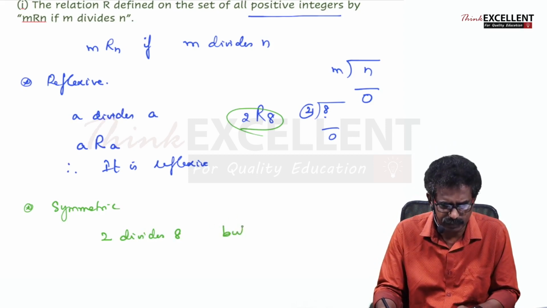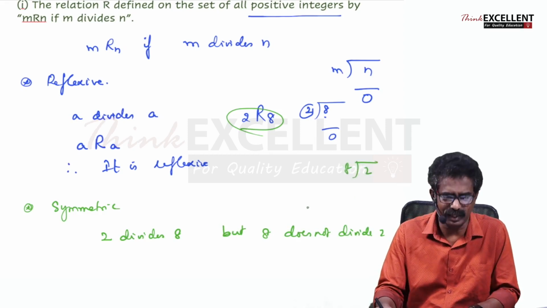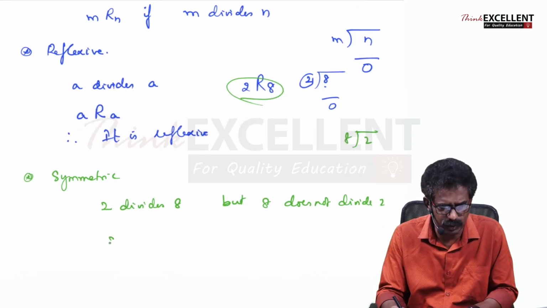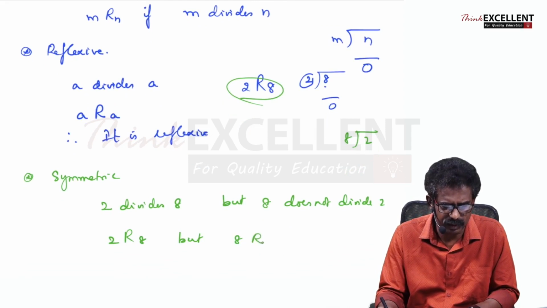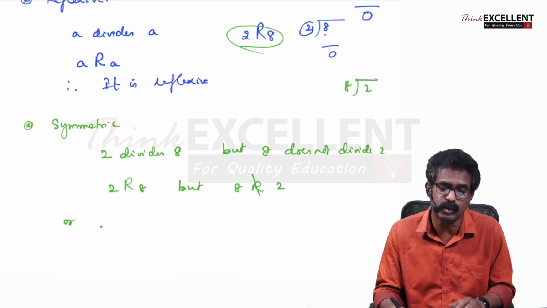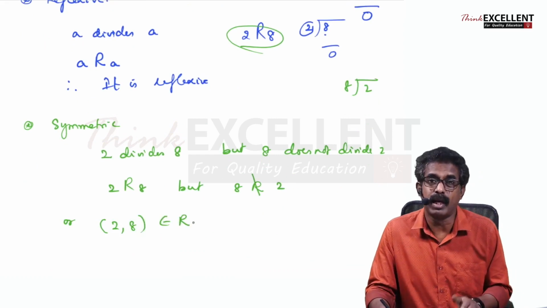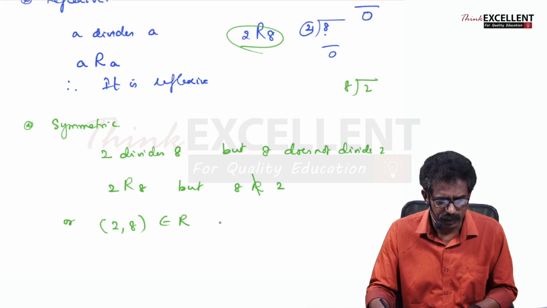But 8 does not divide 2. So 2, can you divide by 8? No, it is a fraction, right? So 2 divides 8. 2 is related to 8, but 8 is not related to 2. You can write like this, or you can write using different symbols. So 2 is related to 8. 2 comma 8 belongs to R. 2 divides 8. But 8 comma 2